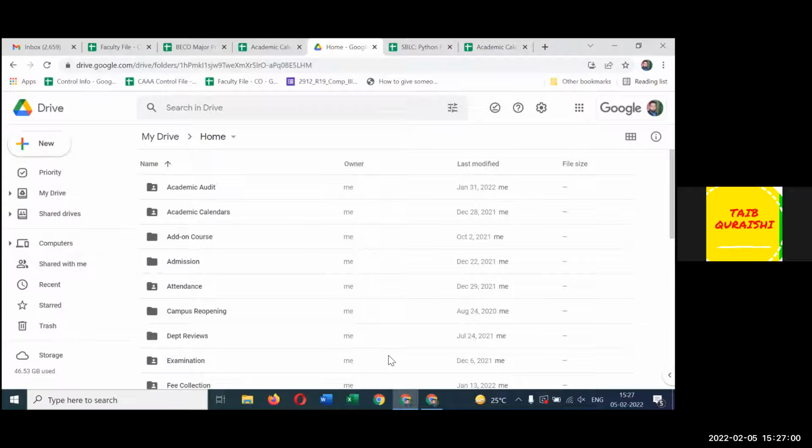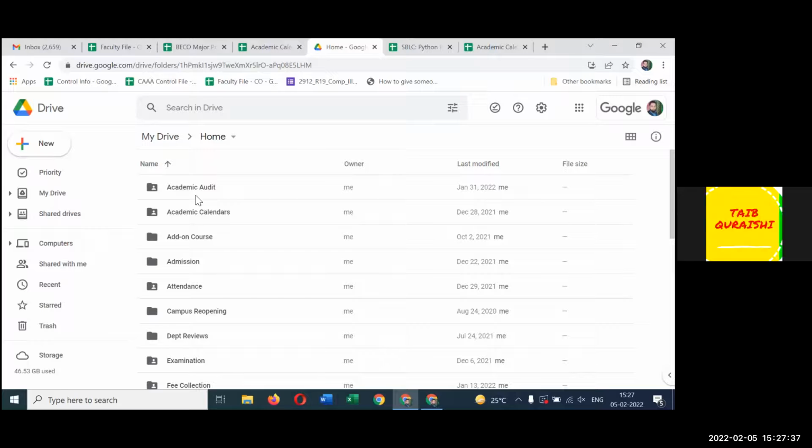I have a question here, or rather a suggestion. Please. Like you said, you can create a folder and share it with anybody. Likewise, we can also have an audit folder, and all the teachers can have their audit documents posted there and shared with all the auditors. It will save a lot of time. That's how we are doing it.